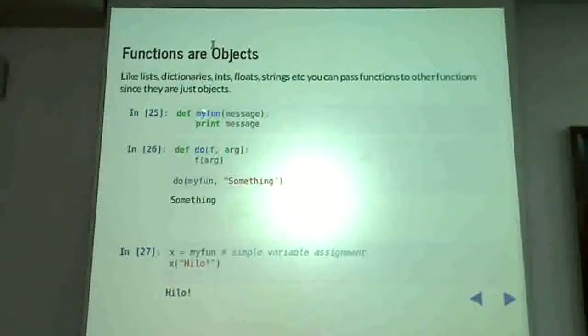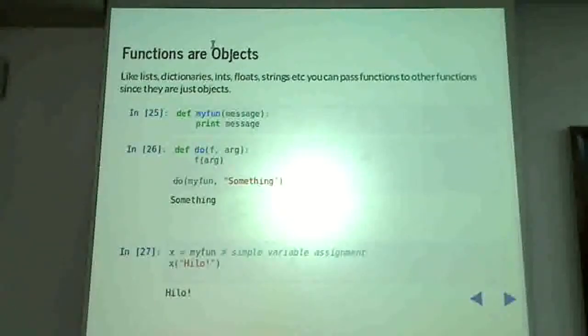I know that there is a function myfun which requires a message as an argument. So I'll say do(myfun, something). So what happens? myfun is a function object. Notice that I'm not including parentheses here, which means I'm not calling the function, I'm treating the function as an object. So there is a subtle difference between a function name with and without the parentheses. When I don't give the parentheses, it's the object that I'm referring to. When I give the parentheses, I'm calling the function.